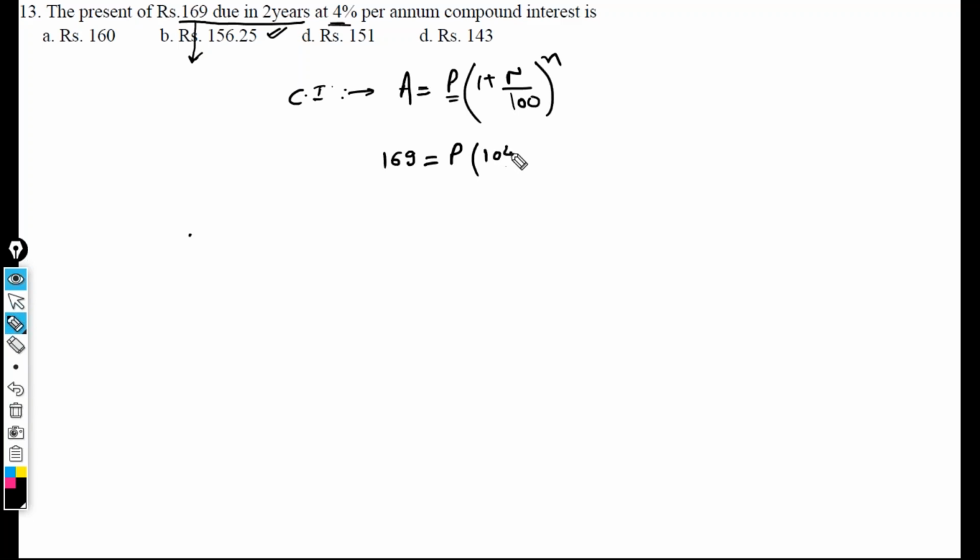So it becomes 104 by 100 raised to power 2. Is it clear now? Right, Nikhil? So we have to solve it for P, which is 169 into 100 into 100 divided by 104